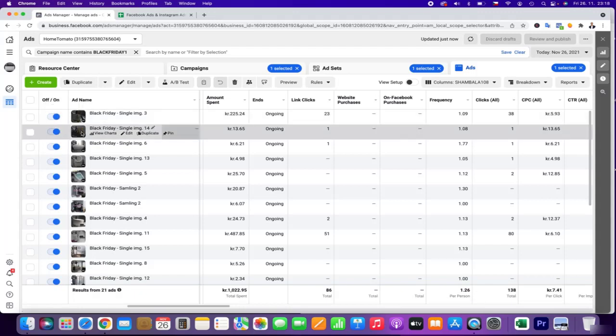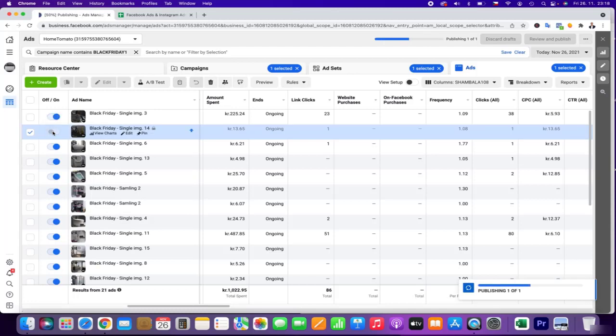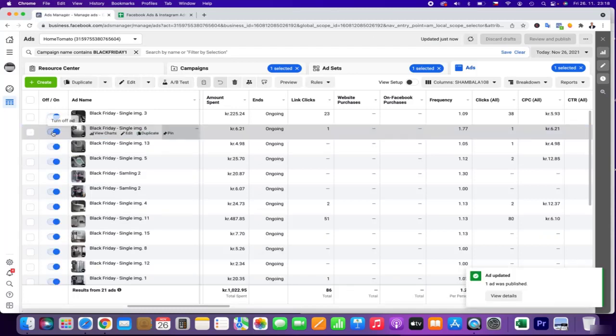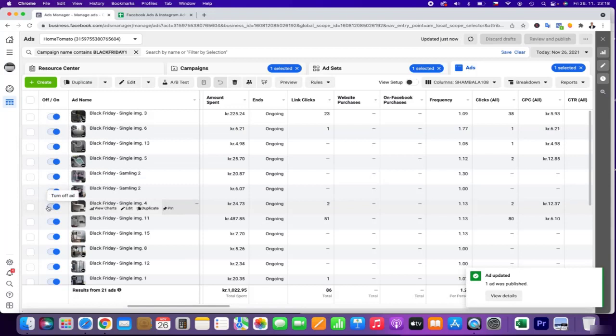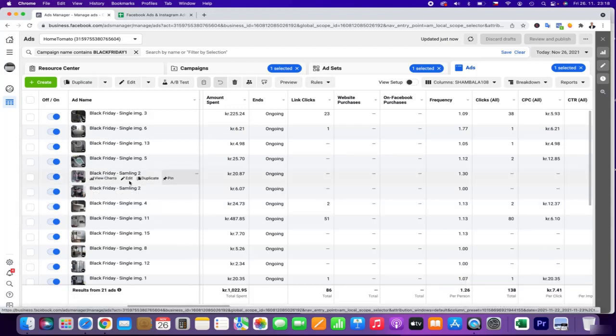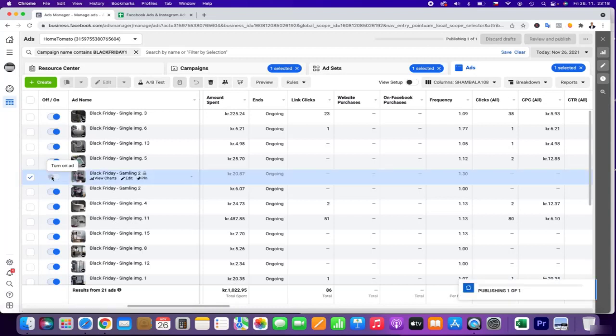But basically, if you can see that you are spending money and the link click, you can also sometimes purchase a little bit cheaper, or this is a product I want to push, so I will keep it. But you can see 20 krona spent, nothing happens, so this is not good.